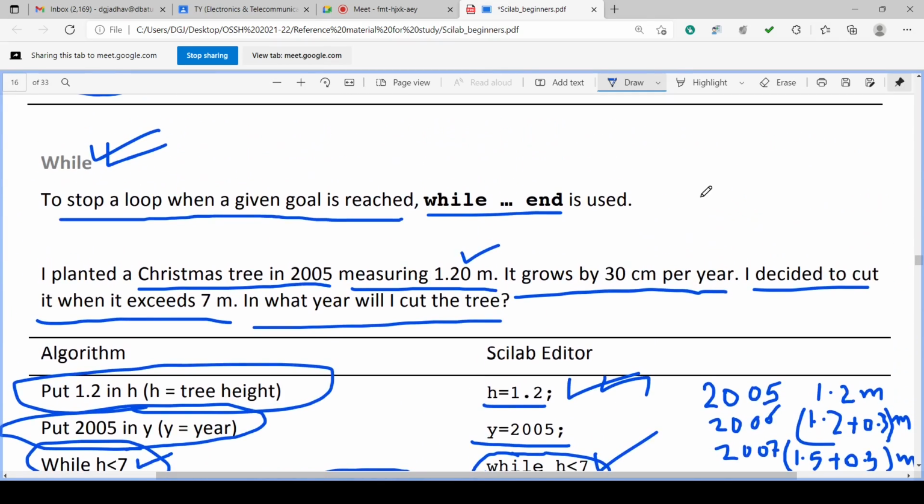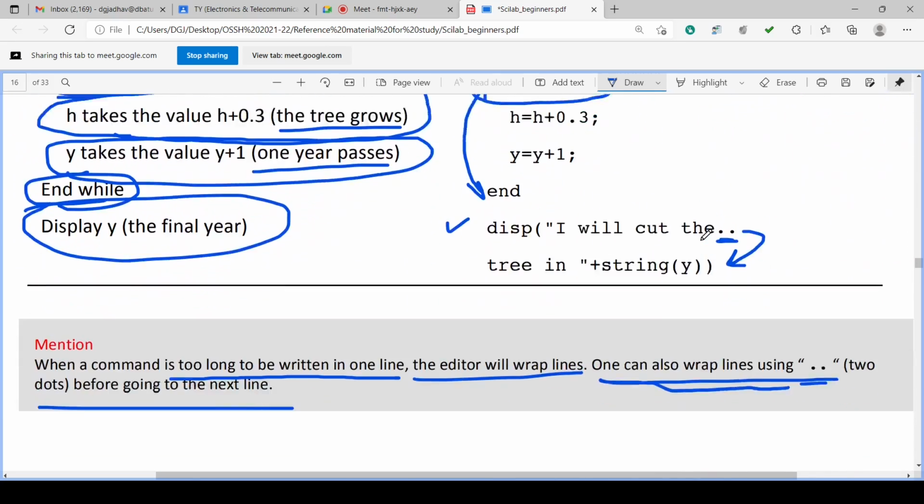If you write while 1, what will happen? It will become an infinite loop, a forever loop. While 1 becomes a forever loop, and it will go on executing as long as the program continues. We have to interrupt the program. Unless and until we interrupt, it goes on executing.